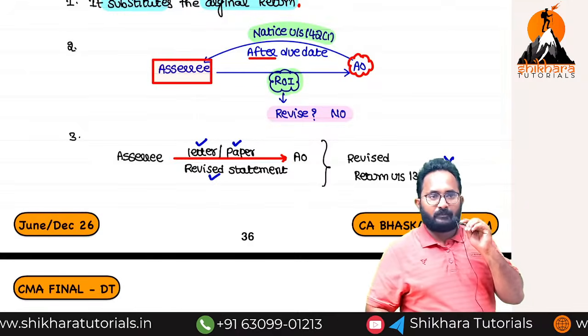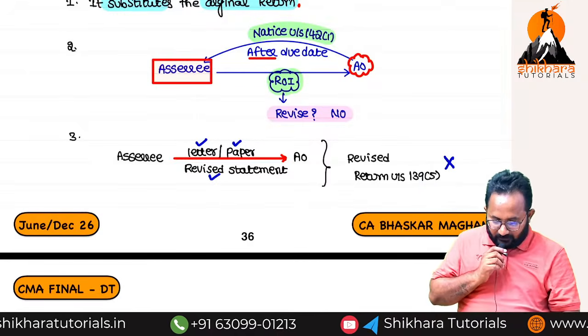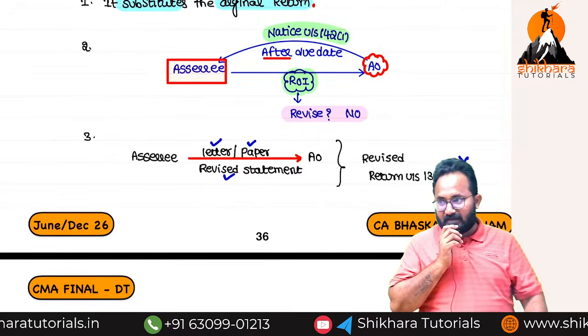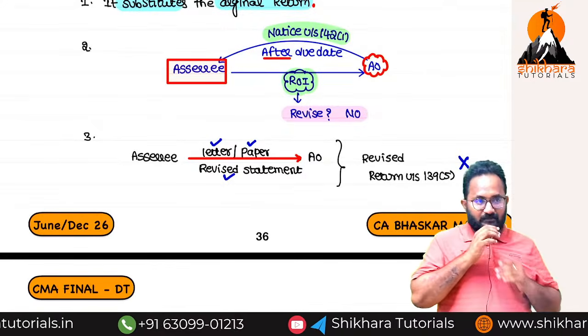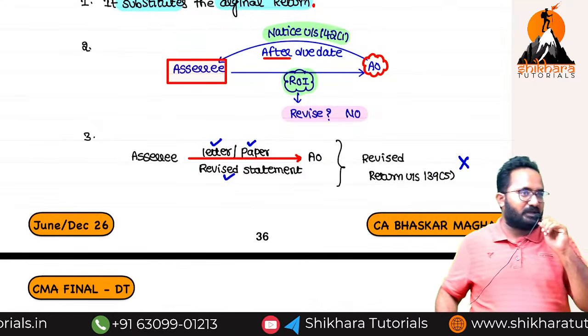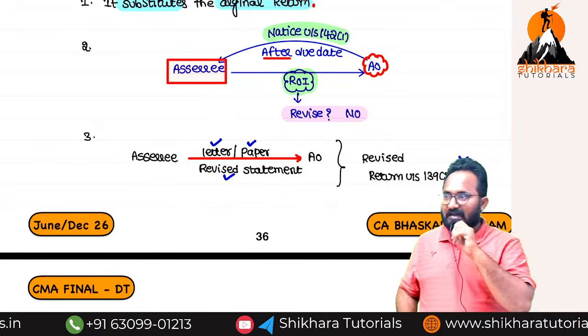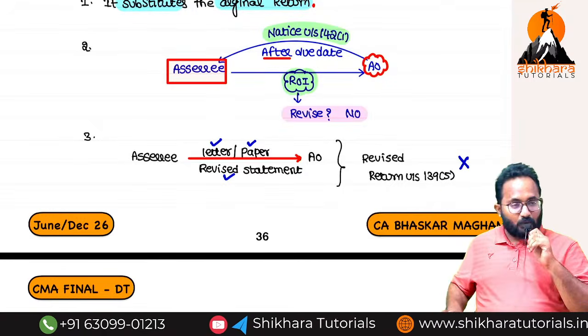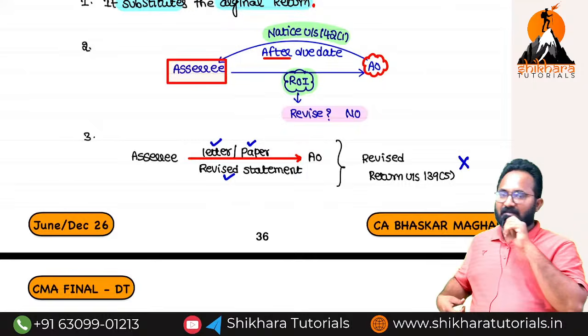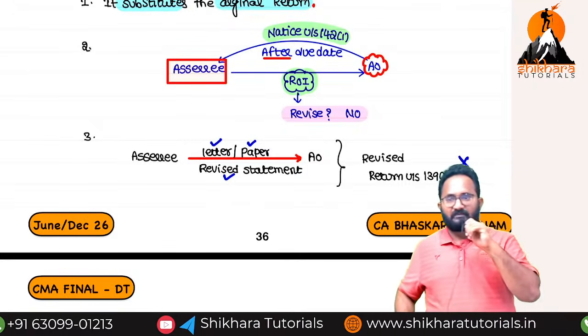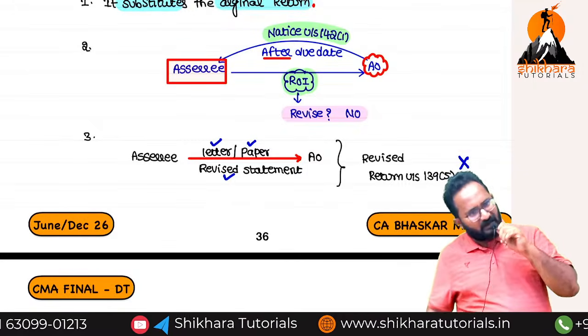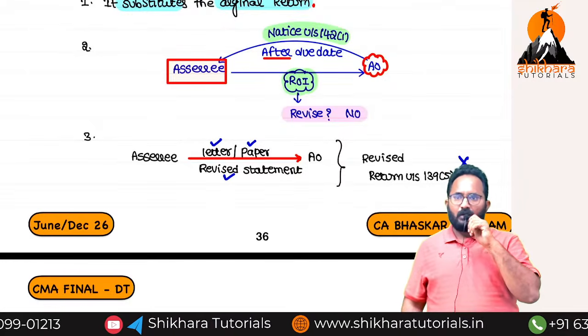Based on this point, they can ask a 4-mark question. The SSC forgot to claim one deduction, sir. Now he sends one letter to the AO. The AO does not consider the letter at all, and without considering the letter, the AO passes the assessment order. Now, is the assessment order correct or incorrect? Correct only, because you have not filed the